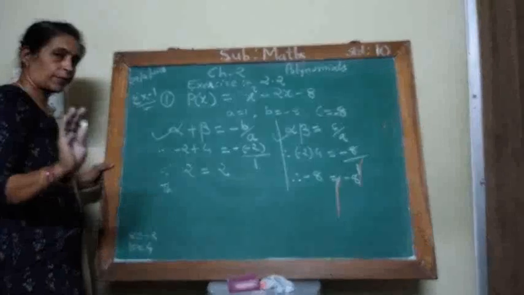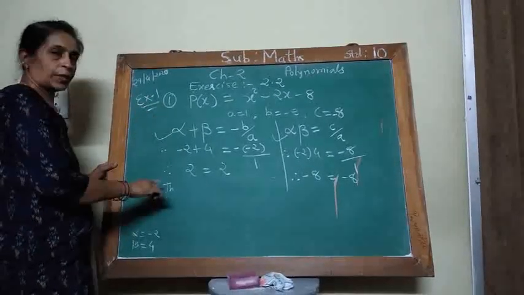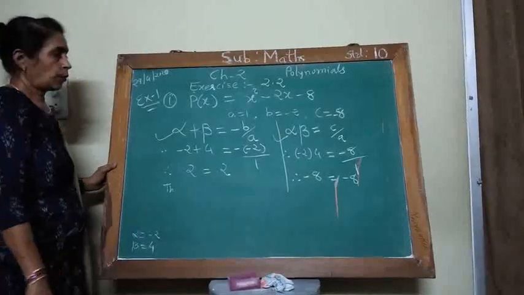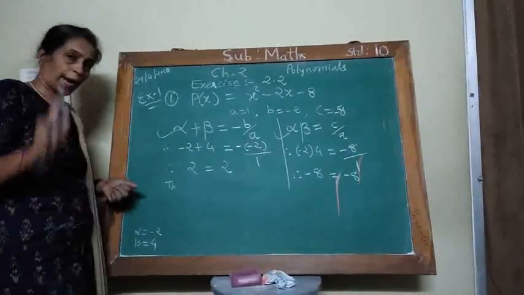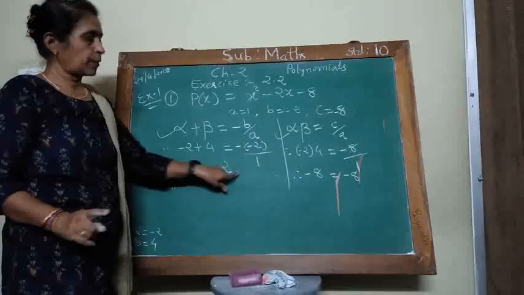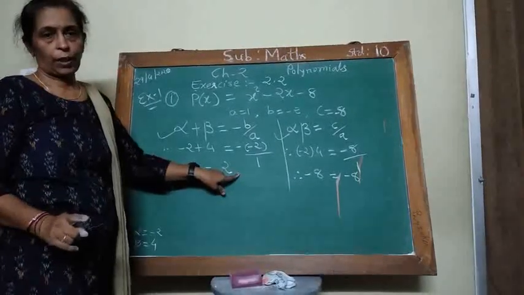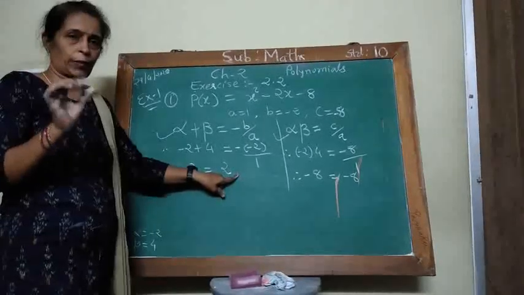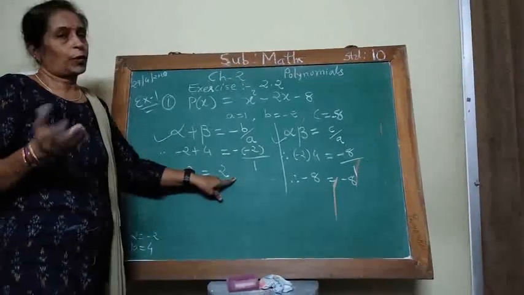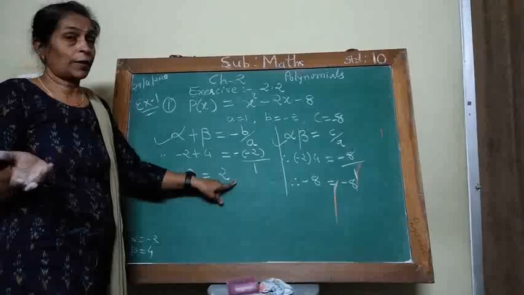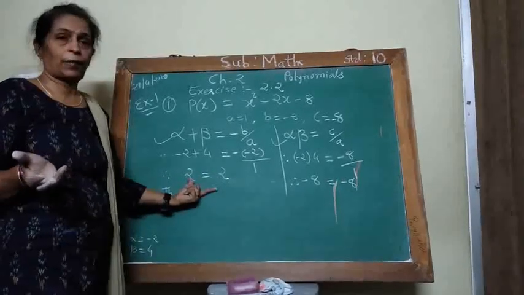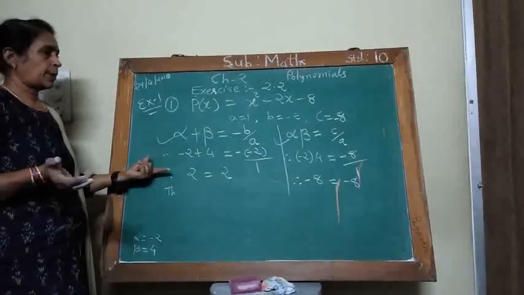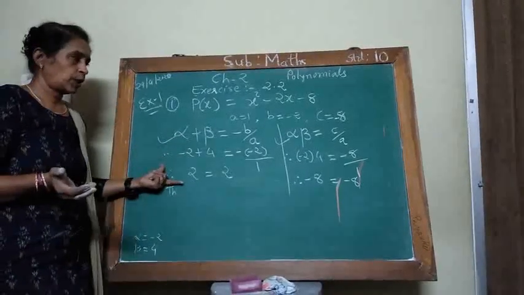First we have verified the relation of zeros with coefficients of the polynomial. If you are right, then you get two sides equal. Clear? And if you have made a little mistake in putting the sign, then you do not get both sides equal. Okay? So this way I have explained for the quadratic polynomial.